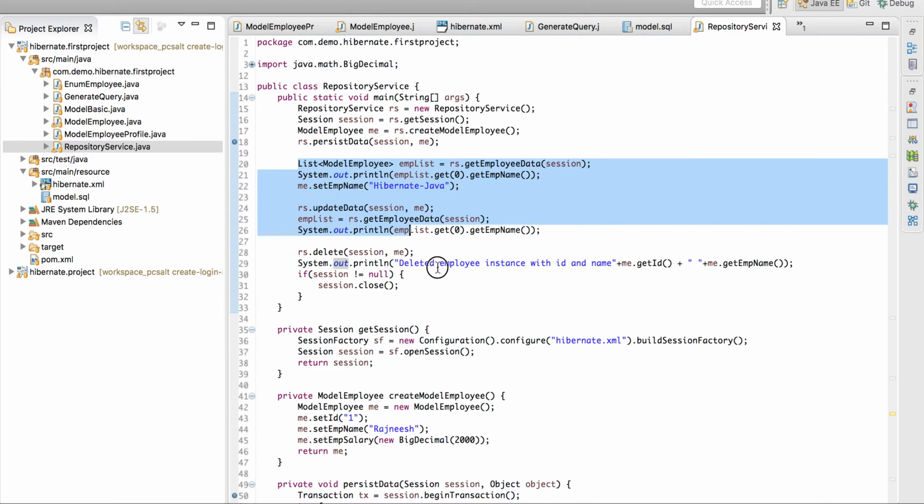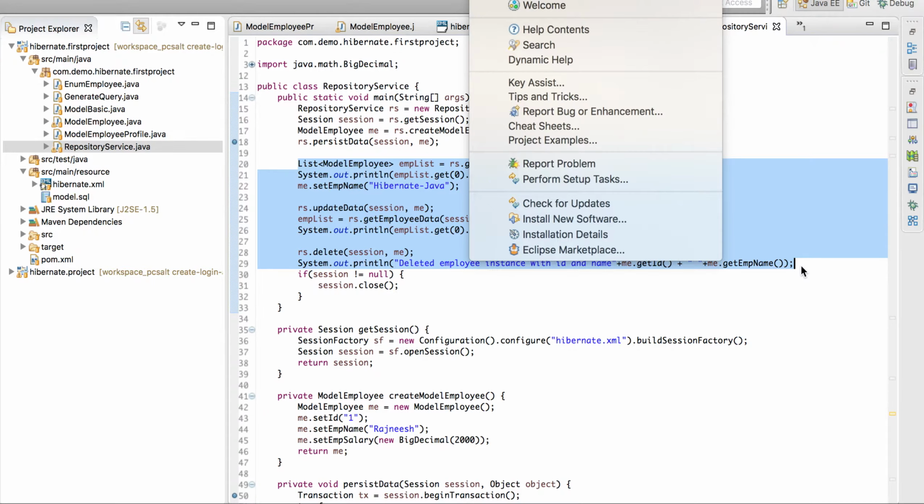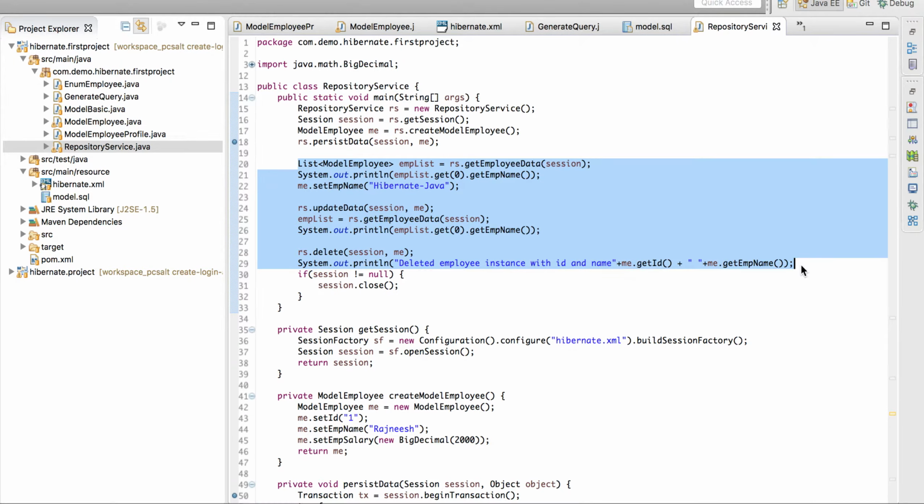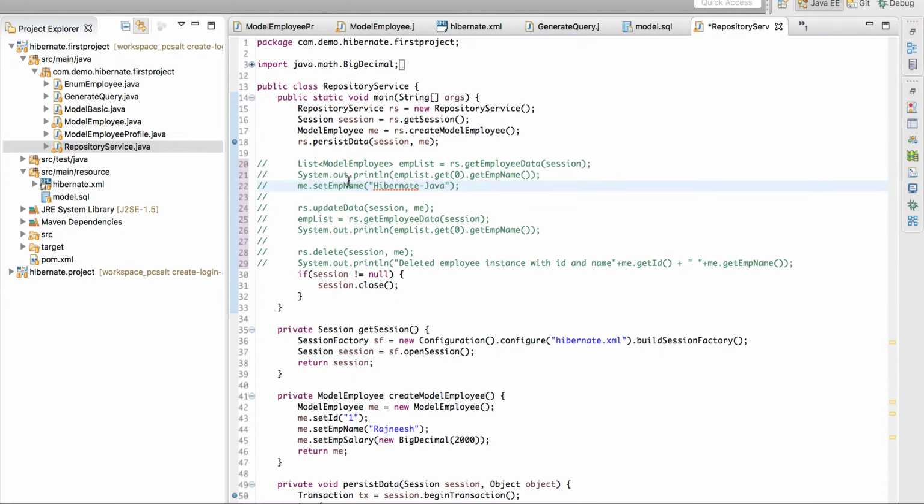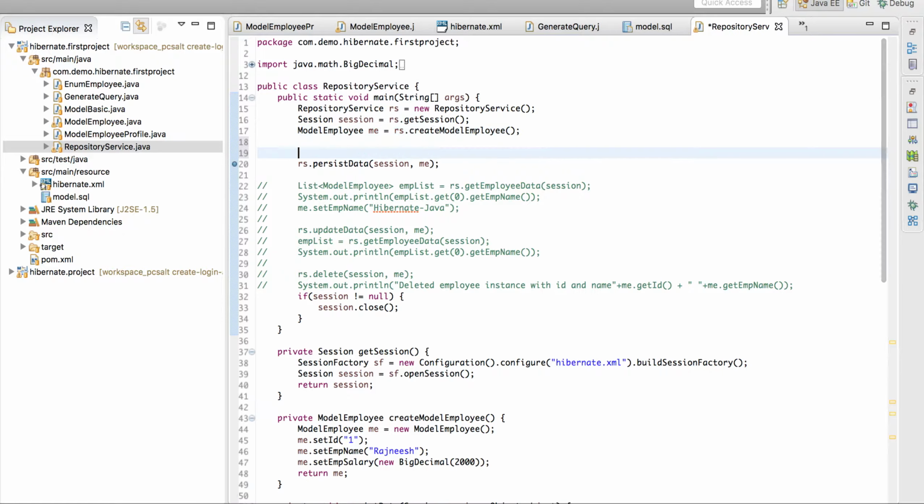For now I'm going to delete all these features, so that we can move one by one, or simply I can comment it out here. Okay, else is okay. First of all I have to create a model employee profile,